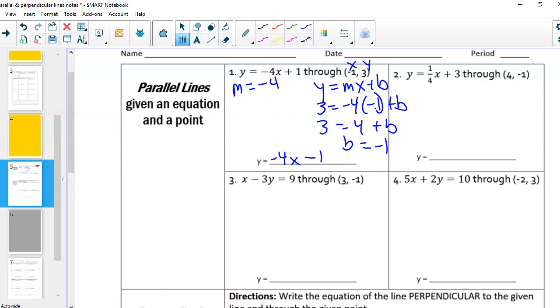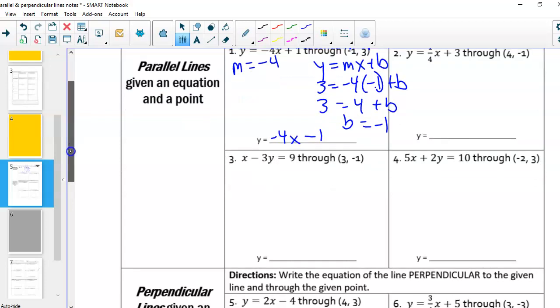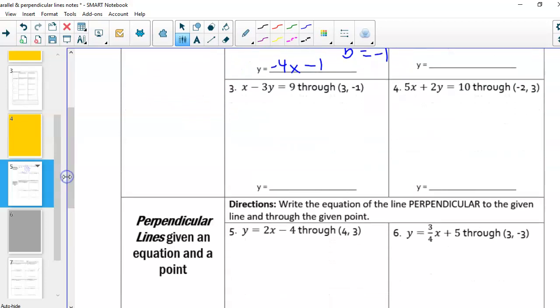So for the most part, this process is the same, but there are slight differences. Like this one is not in slope-intercept form. So we need to solve it first. We need to get this in slope-intercept form first by doing what? Subtracting x on both sides. And then,